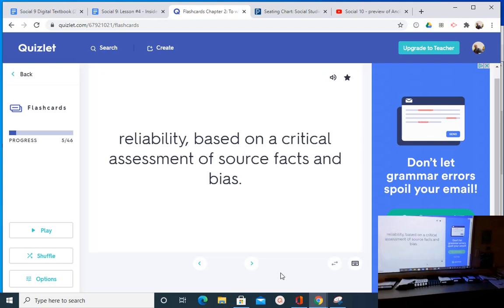It's something that the executive branch would have to be considering as they're enforcing the law, and it's something that the judicial branch would have to consider as they are hearing the law being tried. So in a court situation, the judge or jury may have to look at the validity of what's being presented. Is this reliable? Can I trust this?